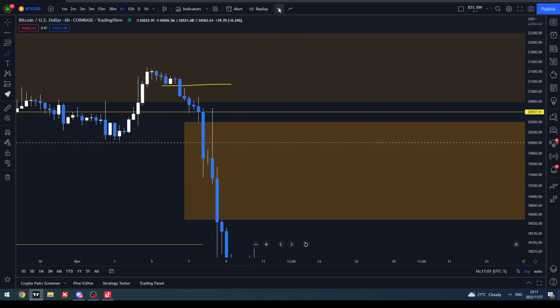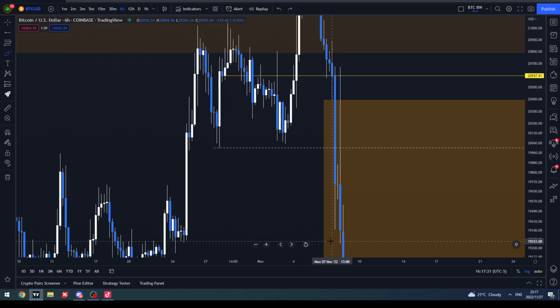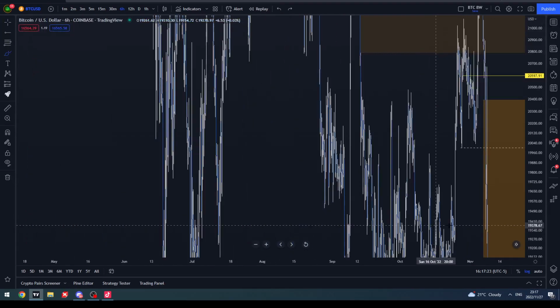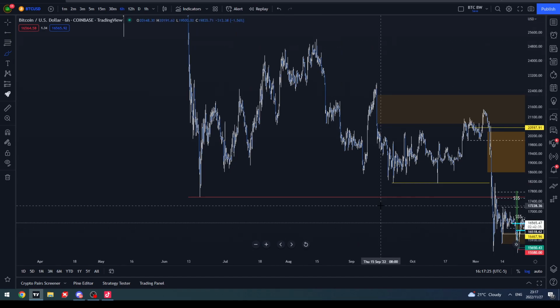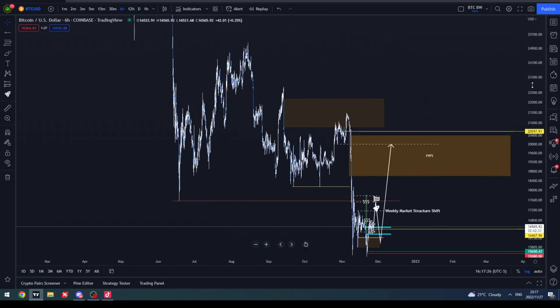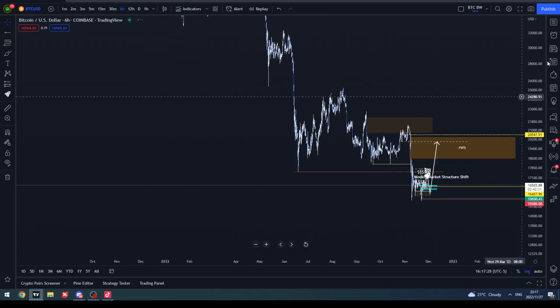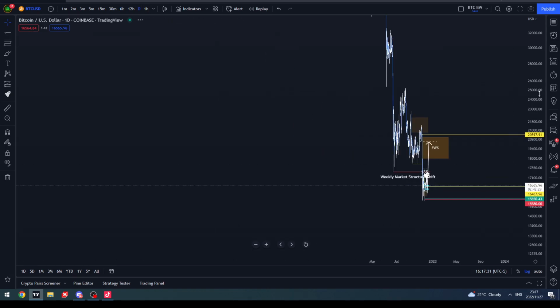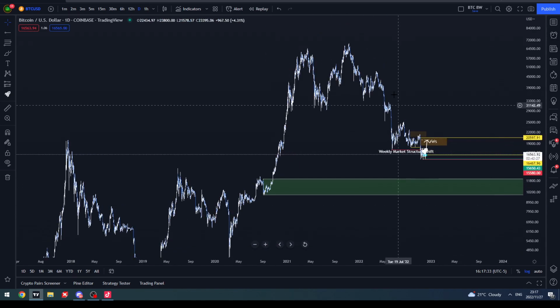Right, so consolidation above bearish fair value gaps like this is a no-no. You're not going to look to sell that. You're going to look for an entry and look to buy that to take it higher. Right, so those are the concepts that I wanted to explain and drive through on this particular live, and then we're going to go and have a look at